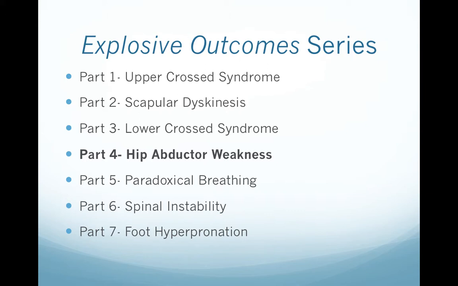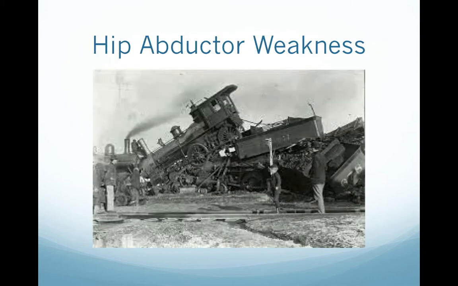Traditional structural diagnoses focus on a tissue source for the patient's complaint, like a facet capsule or a supraspinatus tendon. Whereas hip abductor weakness is a functional diagnosis, and that requires identification of the underlying factors that allowed it to happen in the first place. Hip abductor weakness is basically a train wreck of biomechanical deficits that can occur in the lower extremity secondary to